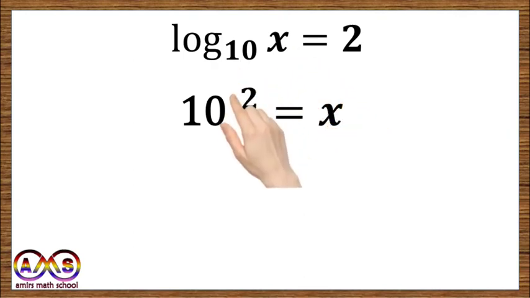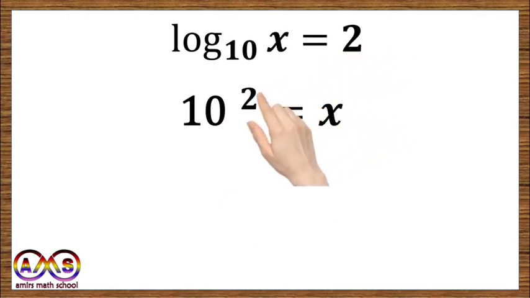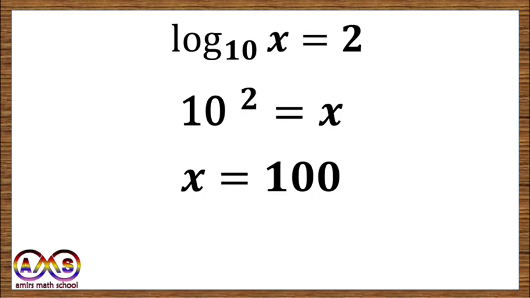This 10 is the base of the exponent, and this 2 here is the power of the exponent. So the value of x is